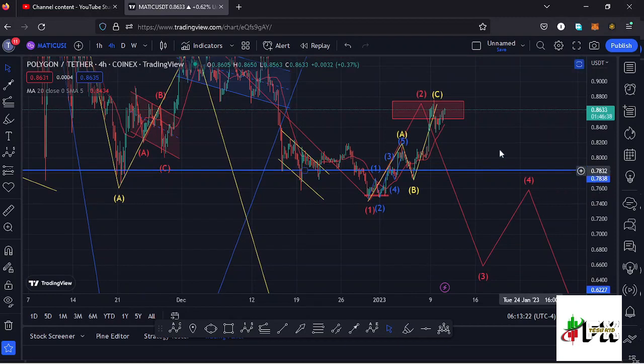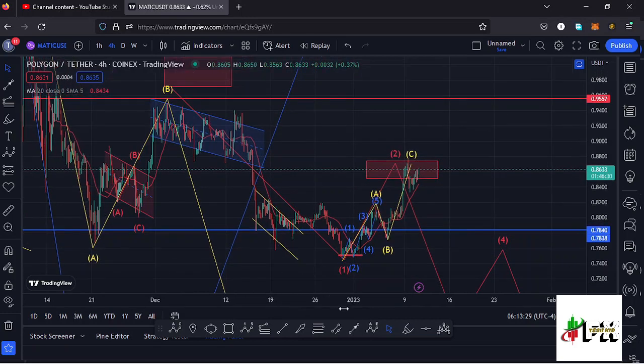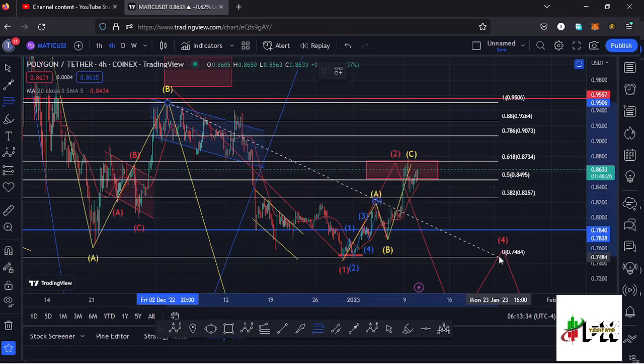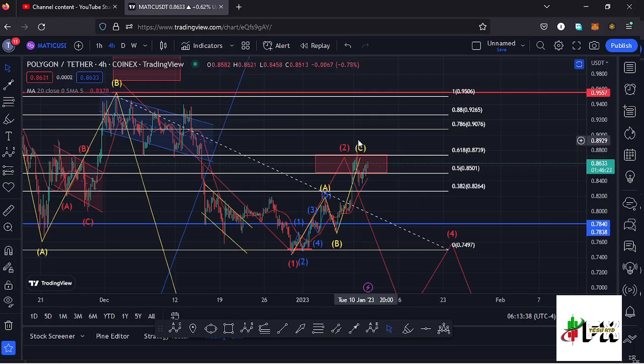And in the formation of that 5-wave structure, I believe we have seen the low for that first wave to the upside, then we are seeing this bounce to the upside in the formation of a second wave, and using the Fibonacci's connecting them from the high of the first wave to the low of the first wave, that was giving me a minimum retracement area to the upside in the formation of that second wave between the fib level